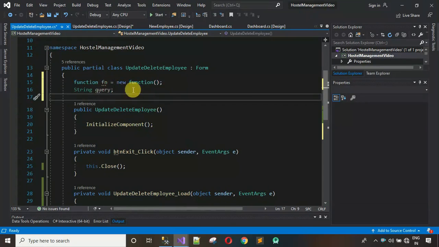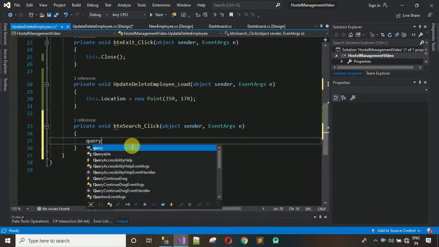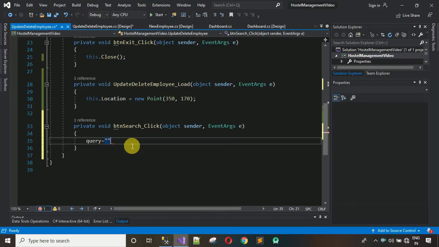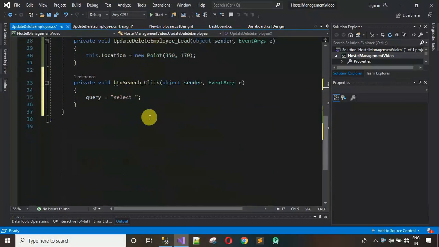Okay, so after this, the first thing I have to do is write a query to fetch all the data of that particular mobile number. So I have to write select; query is a variable which I have created over here. You can see this. After this you have to mention select star from new employee, that is the table name,